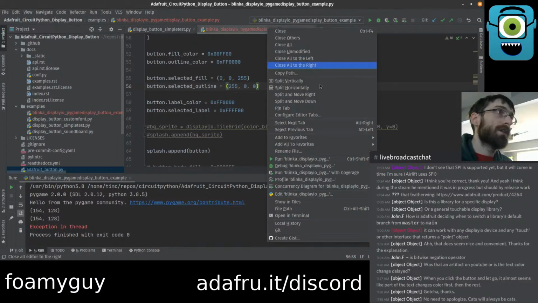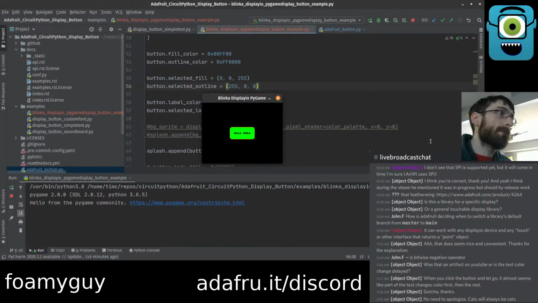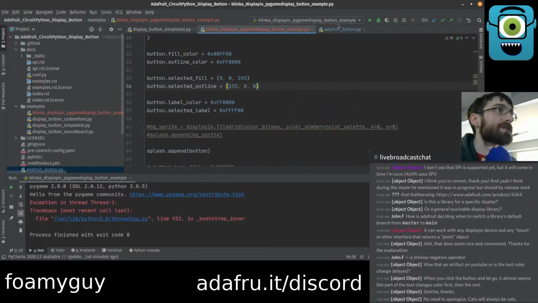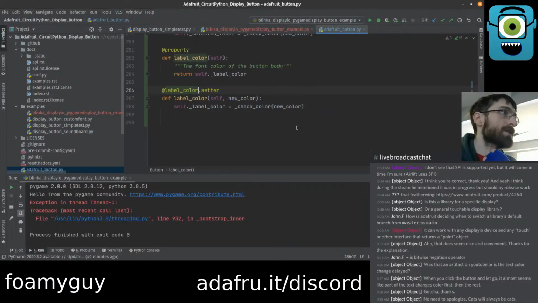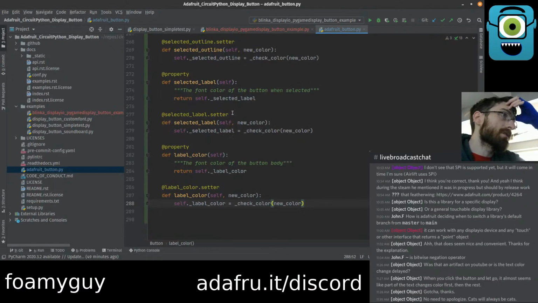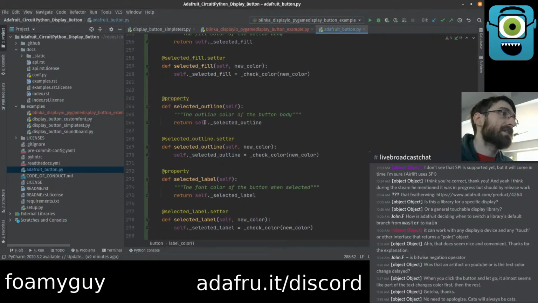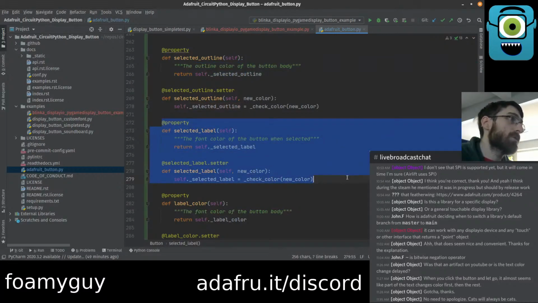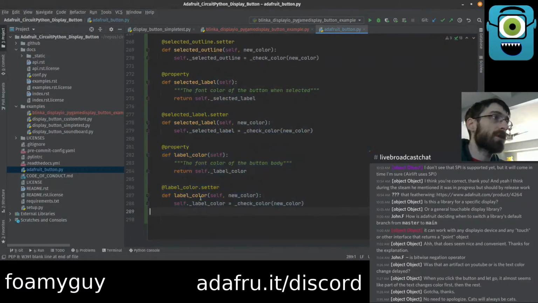Okay, label color, so I think this will work. Let's run it. Did not work so far. One thing is, oh, you know what? It's probably still trying to do like body.fill or something. Actually, I copied selected fill and selected outline, both of which saved the variable but did not actually change the color anywhere, and that's what we wanted to do with the selected ones. That is also what we want to do with the selected label, but with the label color inside the setter,